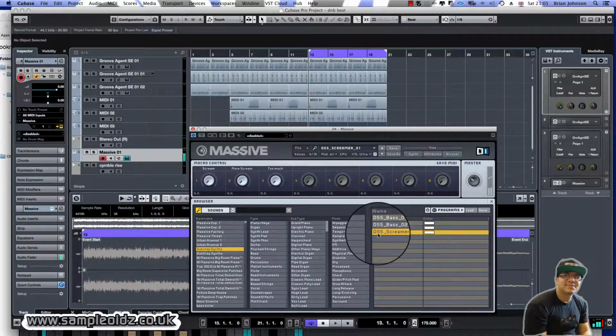Interesting. And you see, the thing is as well, you've got all these different things. It says dubstep this, it says drum and bass this, it says dub. But you know what, when you're making your music, you literally just use what you like. Don't care if it's got a label on it, because at the end of the day, when you make your